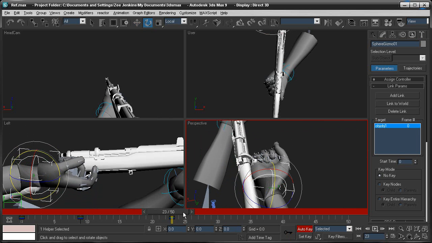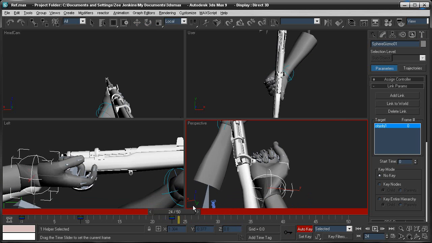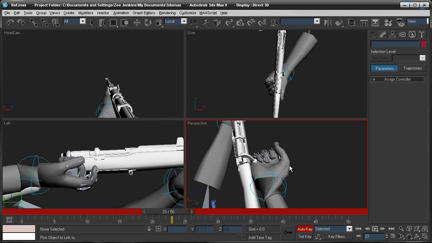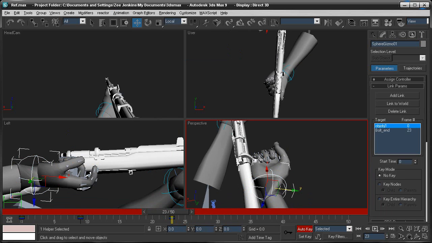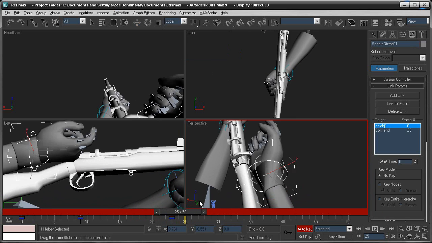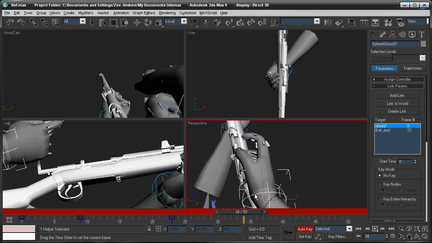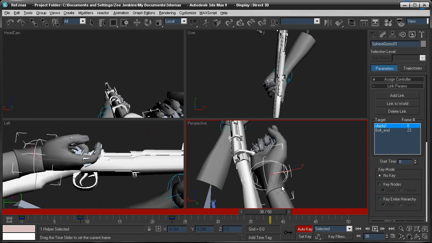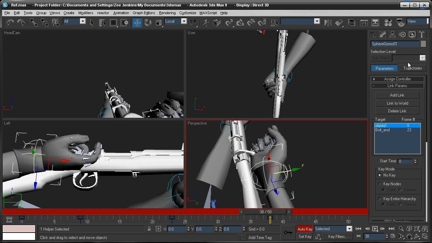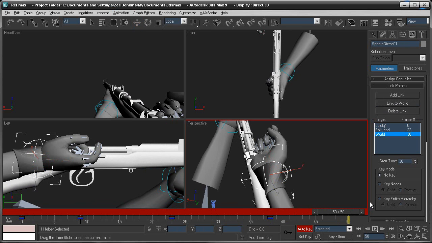And then once you got the hand in position, you see the hand doesn't follow the bolt. That's where the link constraint comes in, and you can link constrain it to that bolt part. So now wherever that bolt goes, the hand follows it. So now see, it pulls it up, pulls back, and then once it's back, you can click the key, set a key there, and then go to constraint, or go over here under the motion tab. You can just link it to world,